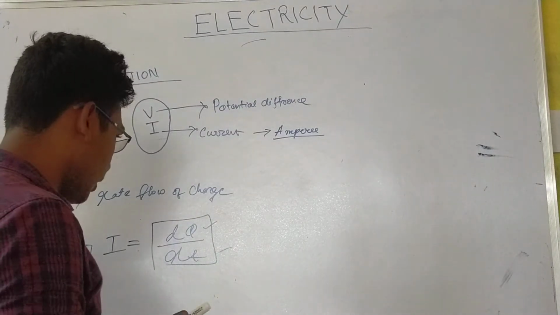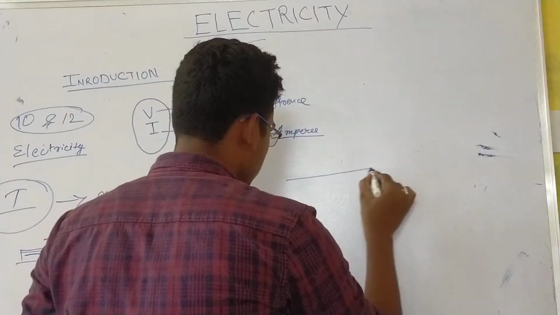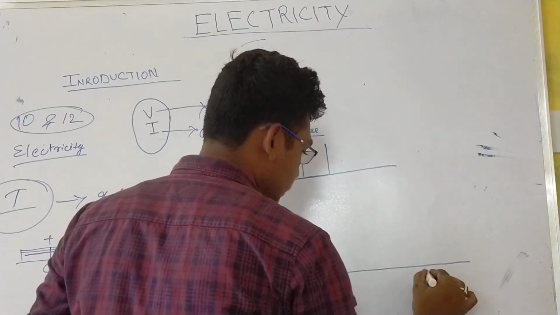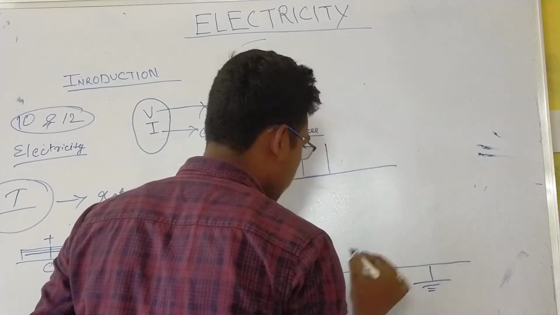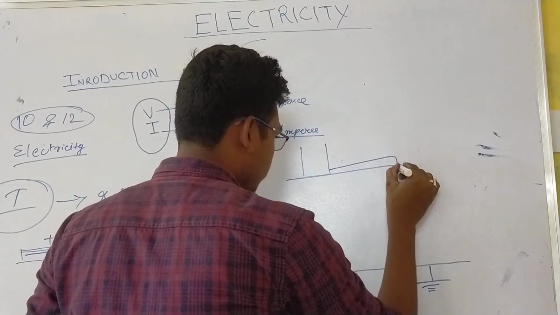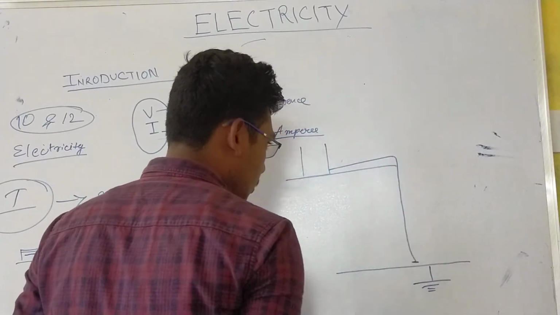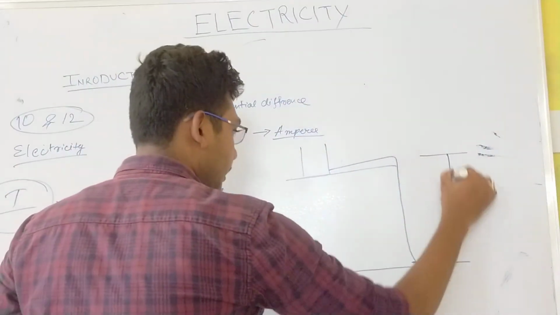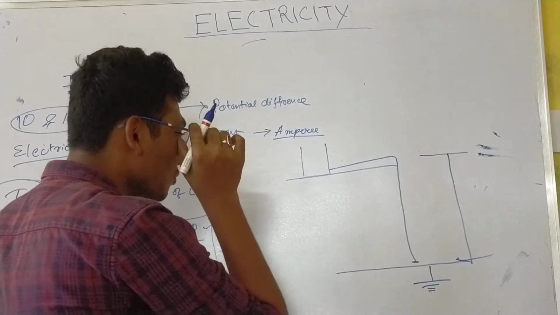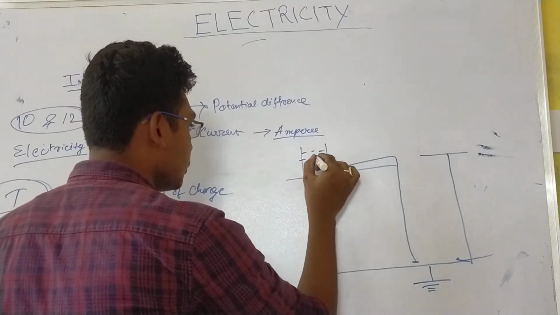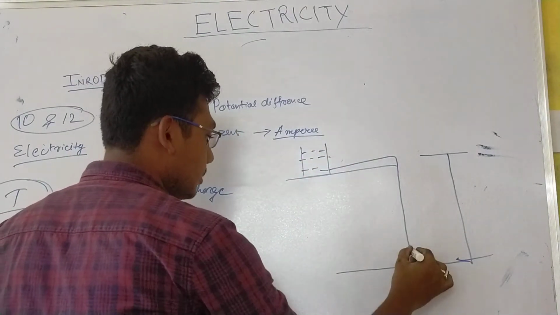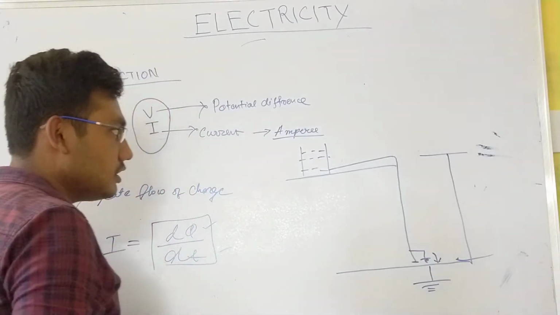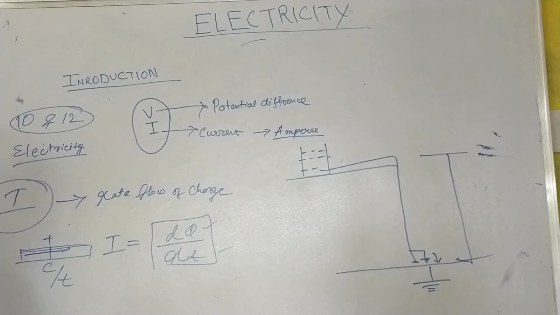Okay, now coming to voltage. What is voltage? Suppose you have got a bucket of water over here and this is the ground level. You put a pipe like this. What is the pressure you are going to get? It is the height. The water is going to have some potential energy over here. Once you open the tap, the water starts flowing. So where does this energy come from? It is the potential energy.